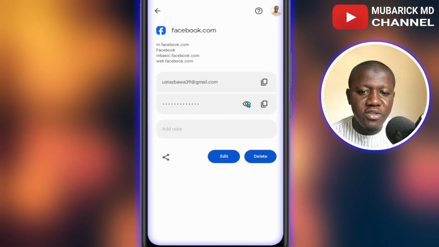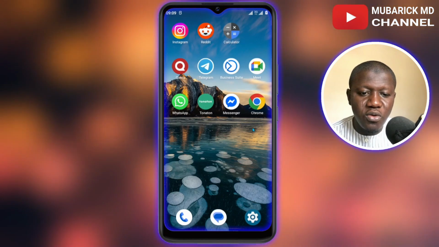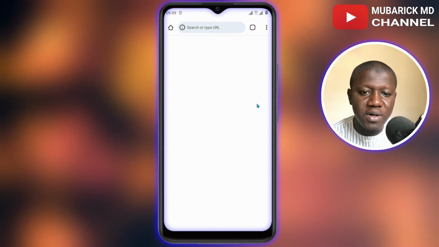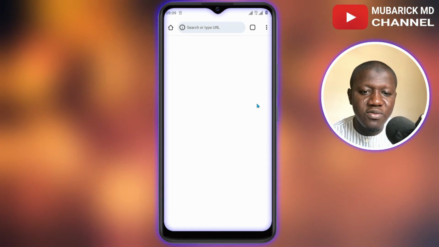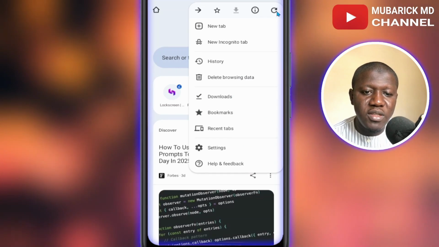If this option didn't work for you, let's jump back to the second option. With the second option, we're going to open our Chrome browser. In your case, you can open any of the browsers that you are using on your device. On the top right corner, we're going to tap on these three dots, and with this pop-up menu, we're going